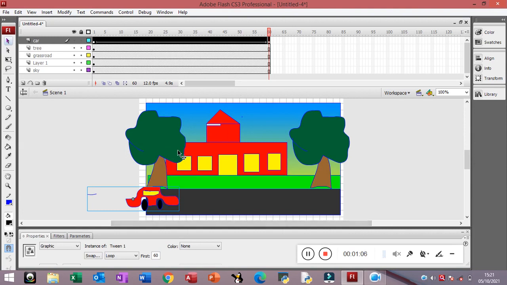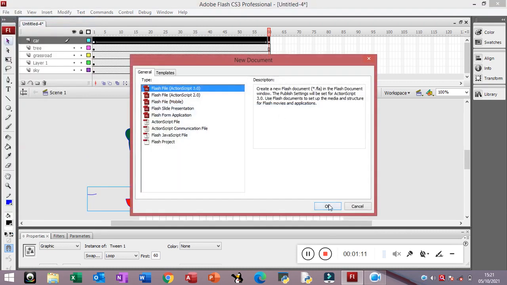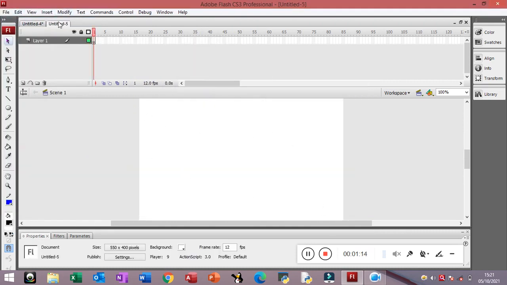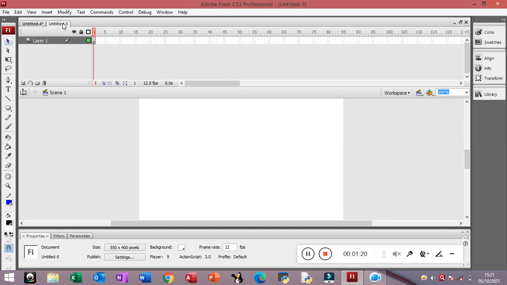So I'm erasing all these things. I'm taking a new Flash file. I will delete this one now, or I will be saving it later on. Now let's take the very first layer, that is drawing a building. I'm following all the steps which are there in your book, so that if you are using Animate CC, you may be able to do all these things yourself also. So let's start with drawing a building.